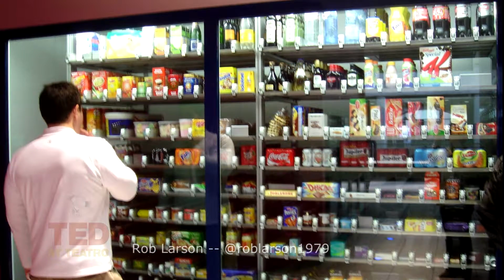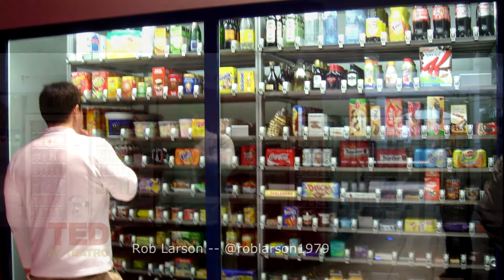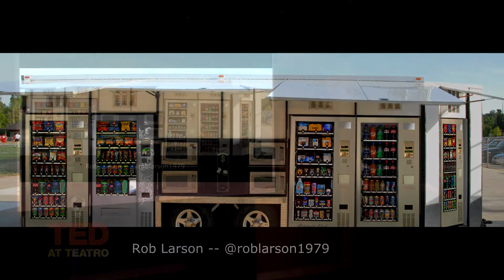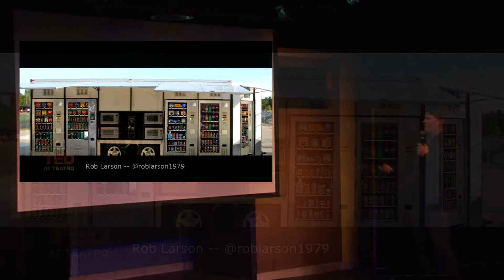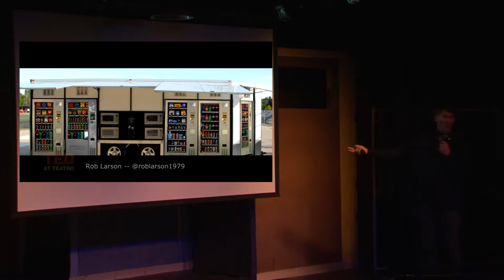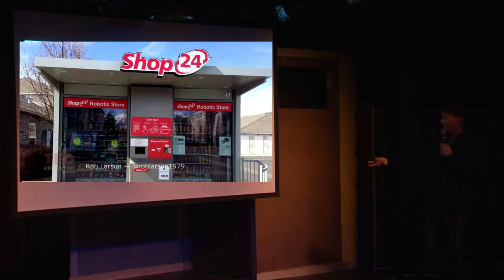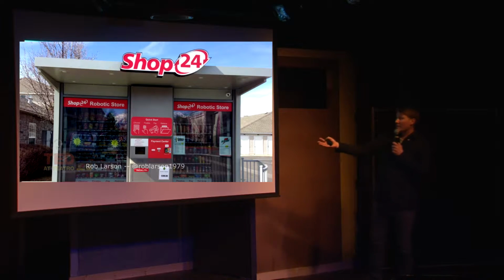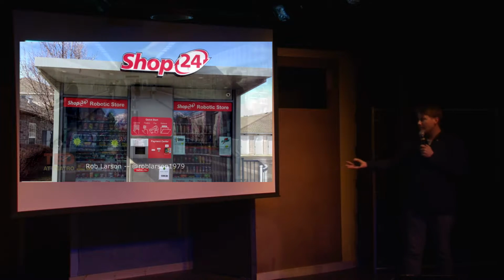These are some bigger vending machines also hooked up to the Internet of Things. The inventory is all taken care of, and if you keep building out on this concept, you can see that they're starting to set up vending mobile stations with wheels, and thanks to driverless cars and computer automation, convenience stores are being turned into robotic stores.